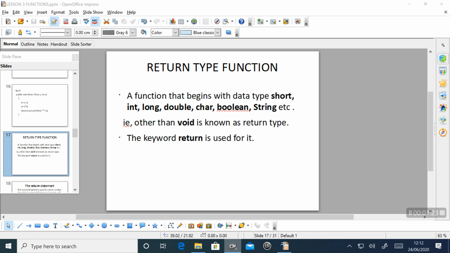That type of function is called a return type function.